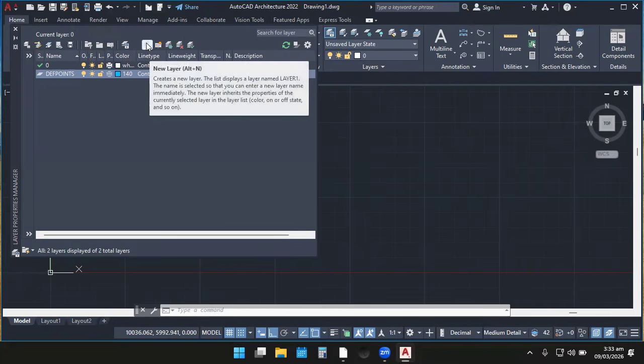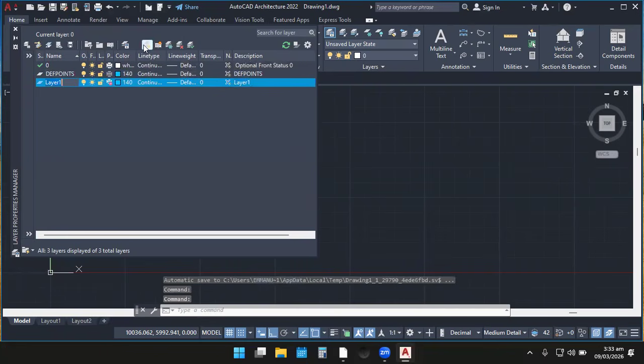So I come to new, then I click. You realize that after doing this, Layer 1 has been highlighted. You can just press backspace on your keyboard, and then you create the one for wall. So let's create for wall. I'm done creating the wall. For precision purposes, you can choose to number them, but before that, let's see something. We are going to do some experiment now. So I'm going to press enter. Now I just created a layer for the wall.